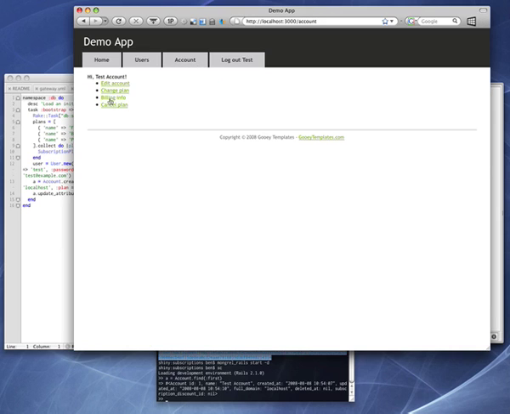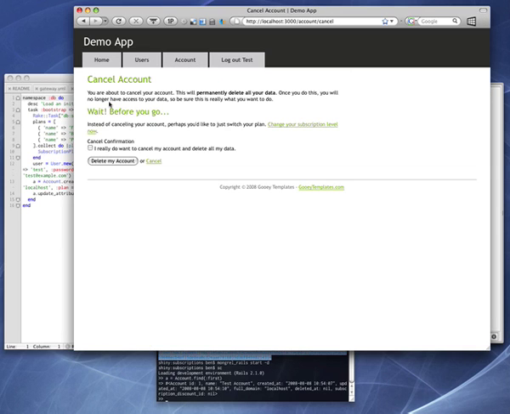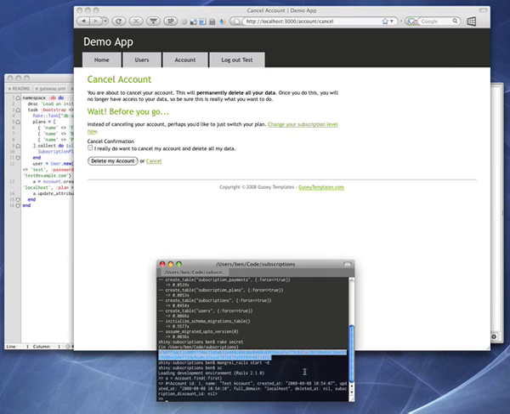And finally, I can choose to cancel my plan. And the Rails Kit uses the Acts As Paranoid plugin to actually soft delete the account so that historical billing information is still kept around. Now if we go and look at the new account that we created,